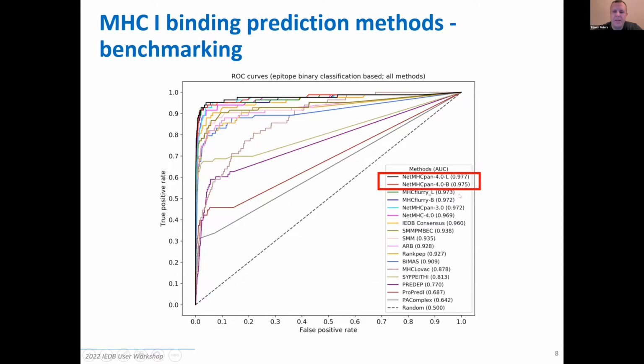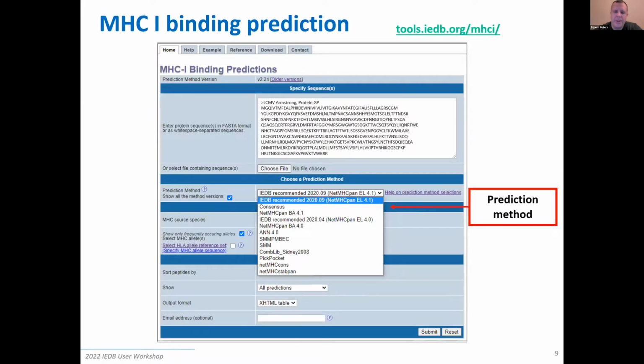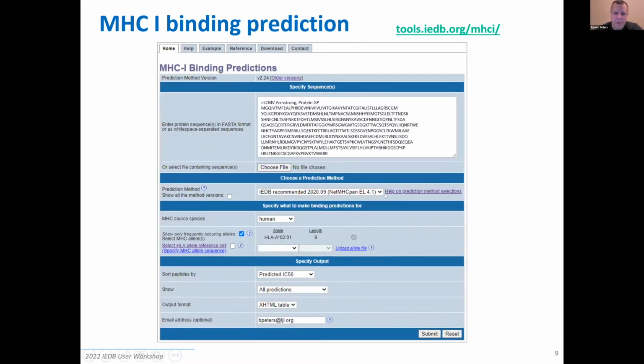that choose. Here in this case, this is the last large benchmark we ran for MHC binding predictions, which was run in September 2020, and in that case, the EL 4.1 version of NetMHCpan performed the best. So apart from the methods here for MHC binding, you have to identify the allele you want to make predictions for. Then, if it's a very large set, you can let them send it to you